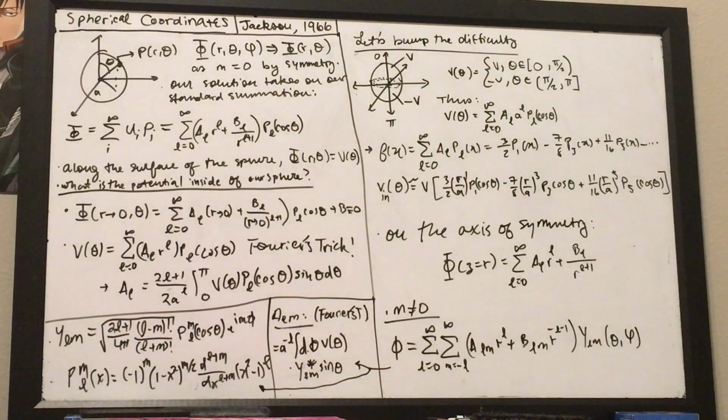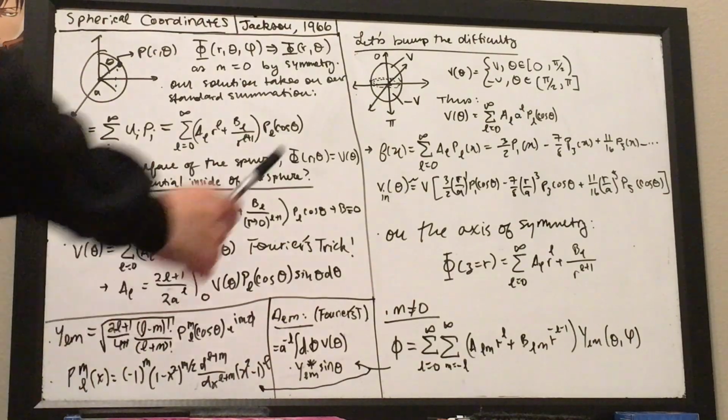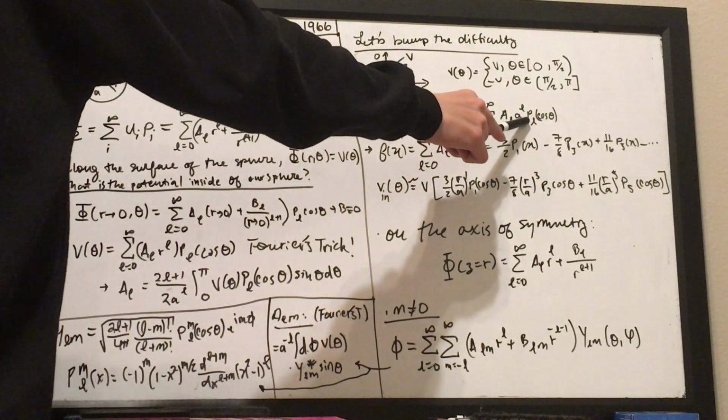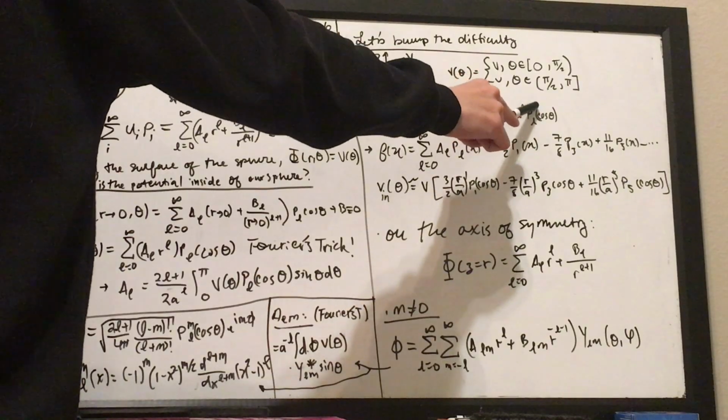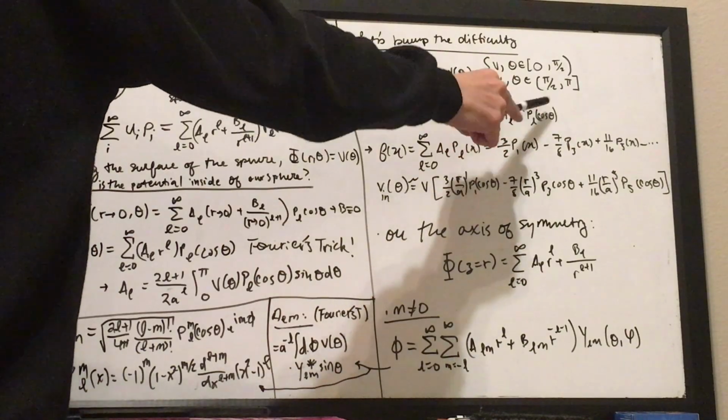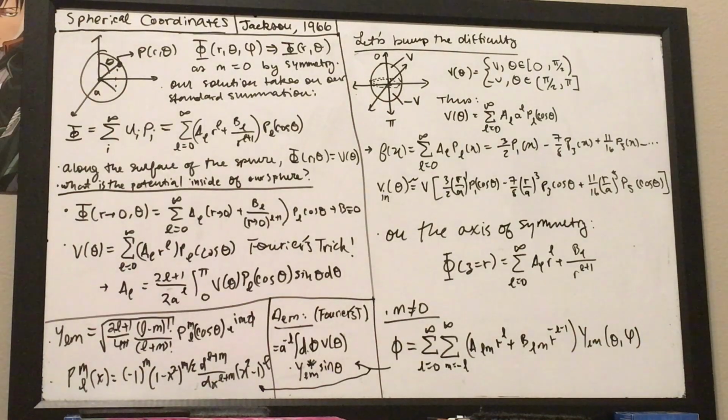In that case, we can state that our potential at the radius r, or at the radius a, becomes A sub L times a to the power of L, multiplied by the Legendre polynomial P sub L of cosine of theta. Now, earlier on in the chapter, when Jackson was deriving the orthogonality conditions of these particular functions, what he noted was that you can actually expand our polynomial